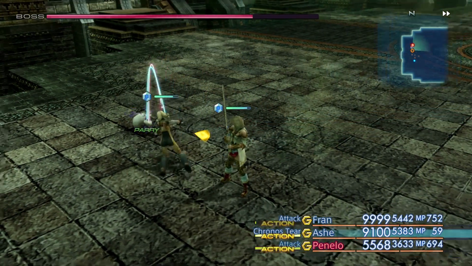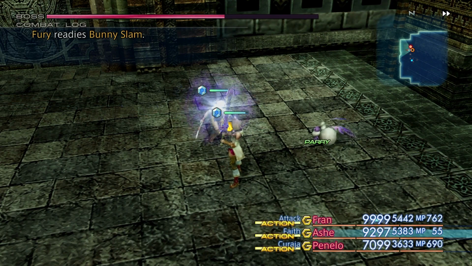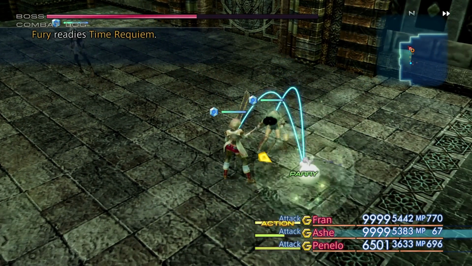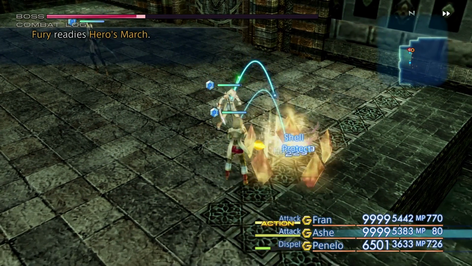You can use a gun against this boss. In fact, I would recommend using a gun against this boss because guns cannot be dodged. In fact, I think it's the only weapon type that can't be dodged, but...